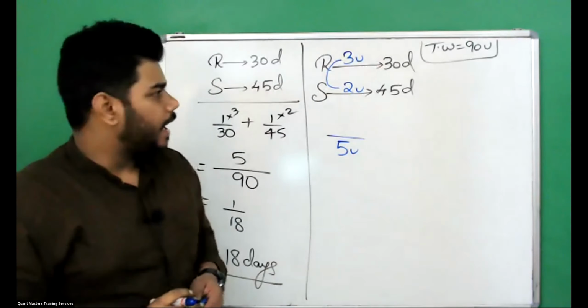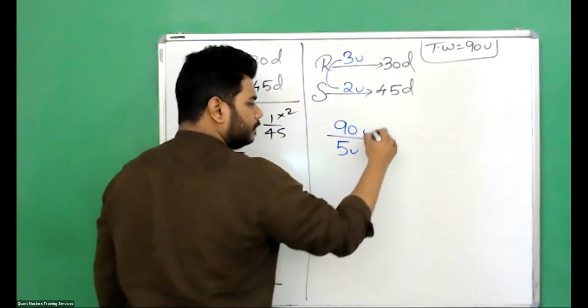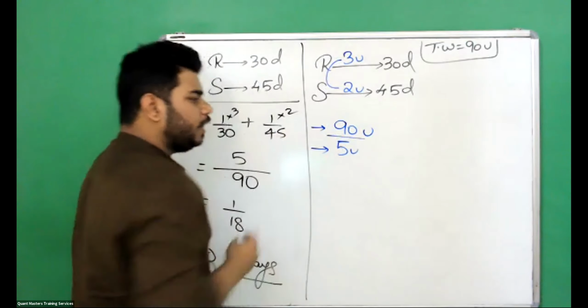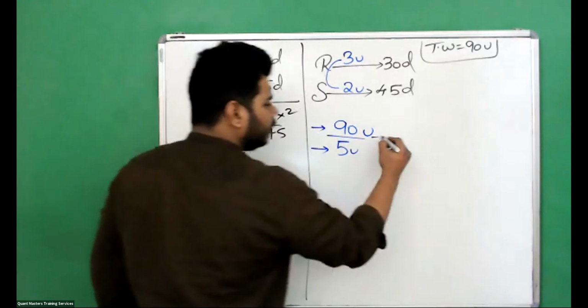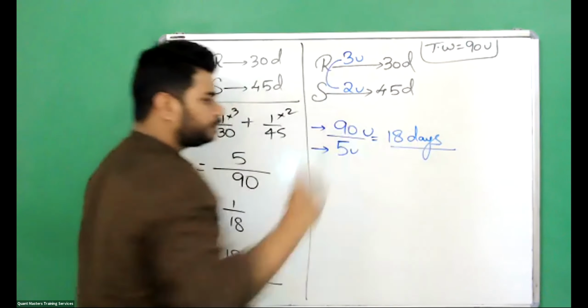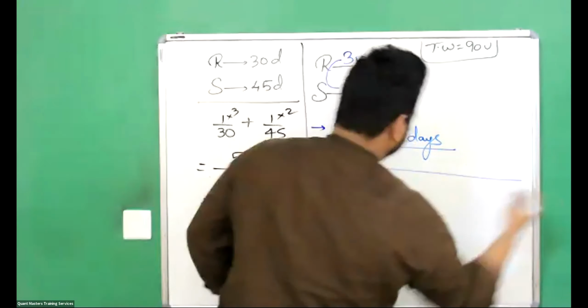And they have to complete how much to complete the work? Sir, to complete the work, they have to complete 90 units, and in one day they're doing 5 units, which means how many days will they take, sir? 90 by 5, that is nothing but 18 days. I hope the concept is clear, all of you. Let me take another example, okay, all of you.